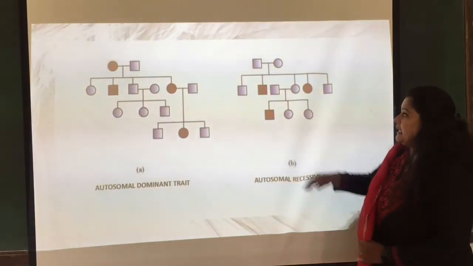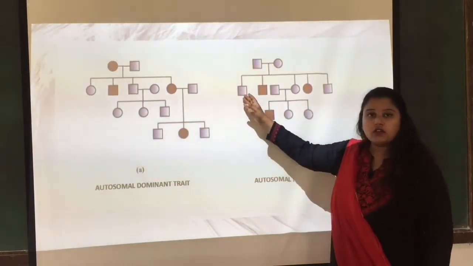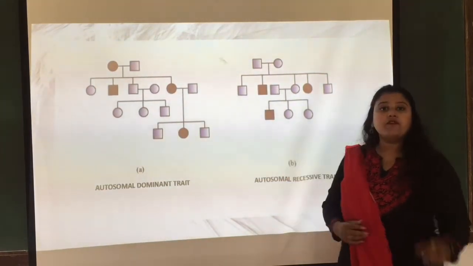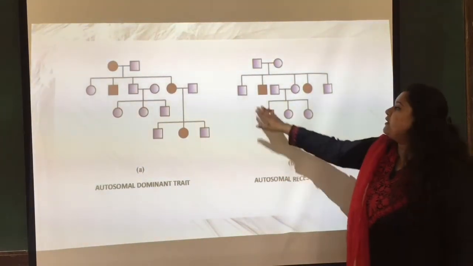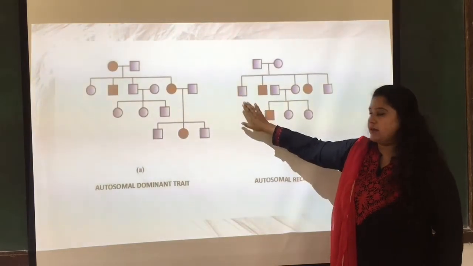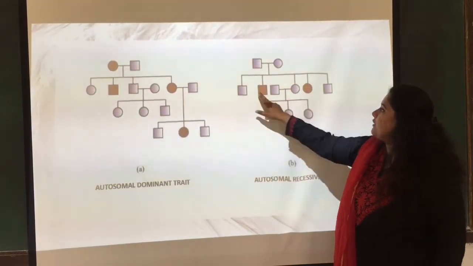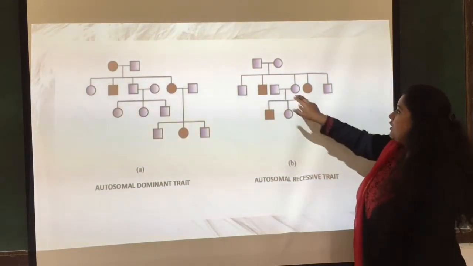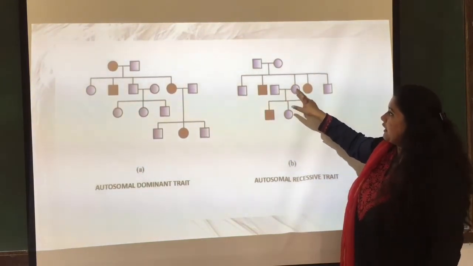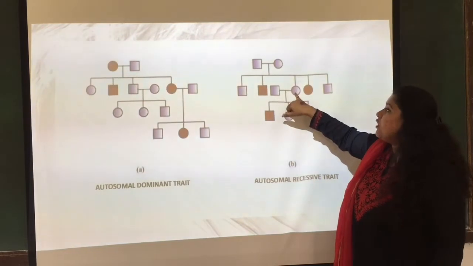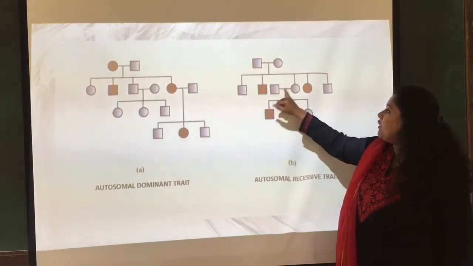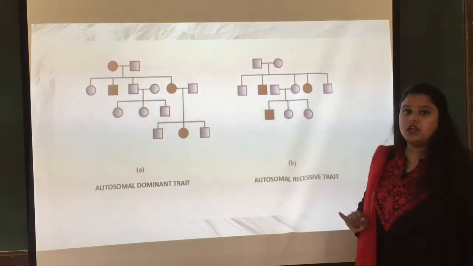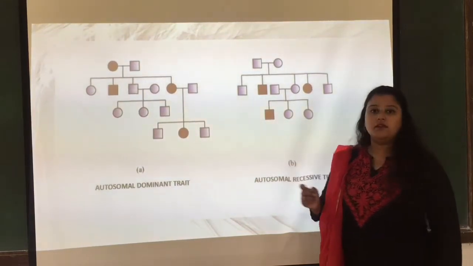But if the genes are being passed into them but they are not expressing, then they are not going to be affected, right? But in these 2 of them, it is expressing. For this reason, it was said to be affected. Now, this particular daughter, she is not affected. Now, she got married to a man and she had 3 children, right? 2 daughters and 1 son.